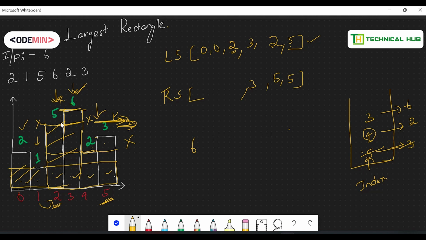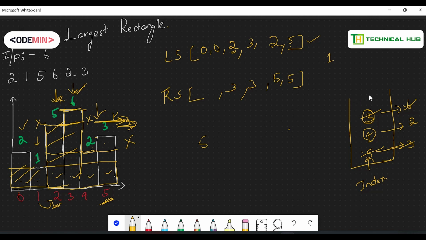Now you bring 5. You can extend your 5, right? The value that exists at the 3rd index is greater than 5, so you extend. So this is fine. At the 4th index you have the 2nd value, so you can't go up till the 4th index. So you can go up till only the 3rd index. Right. Now I'll bring 1.